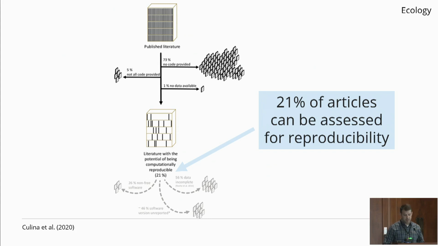In ecology, this study assessed published papers for data and code accessibility. So the positive side here is that the policies and norms for data sharing have matured so that 79% of articles published have available data. However, code sharing has lagged behind. Only 27% of those papers had code. That means together, only 21% of articles made both data and code available,